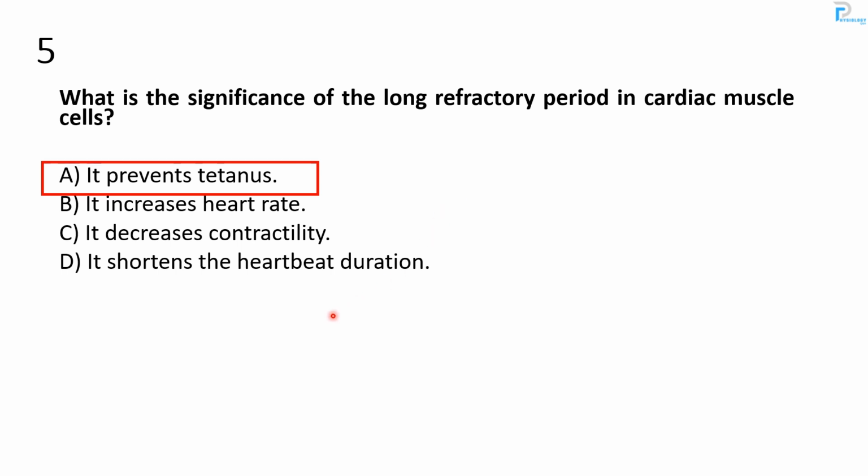It's short in heartbeat duration, as I mentioned. It doesn't have anything to do with the heart rate, because heart rate is related to pacemaker action potential, not ventricular muscle or contractile fiber action potential. So this question is quite important in